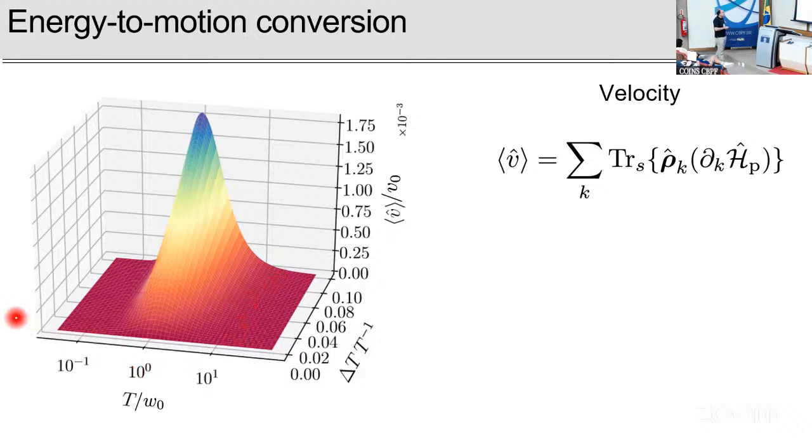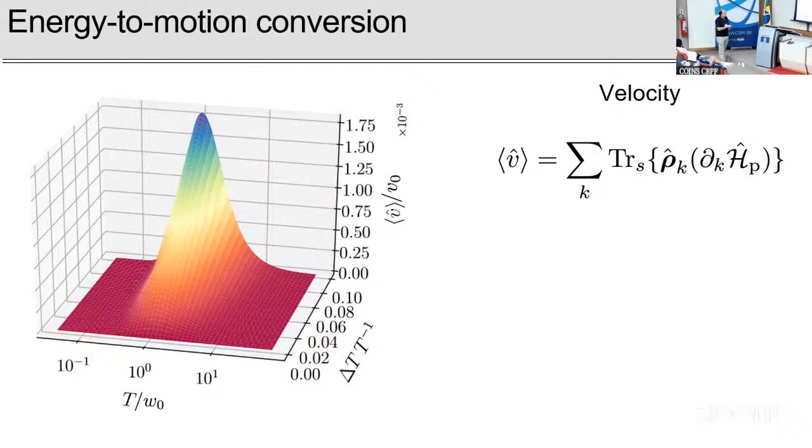So first of all, you see that as a function of T, the base temperature, you get this shape here, which is essentially, for a totally different reason, similar to the shape that Steve was describing when he gave his talk. At low temperature and at high temperature, there is no motion. At low temperature, because if the temperature is much smaller than the splitting, you don't have enough excitations, and so the particle cannot be activated.